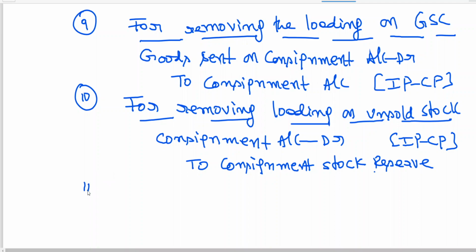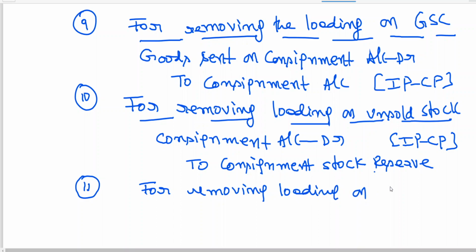And we don't have any problems, but I am giving you this: this year's closing stock will become opening stock for next year, no? So our last year's closing unsold stock will appear as this year's opening stock. So we will be writing for removing the loading on opening stock. We don't have any problems as such in our material or in the CA study material.